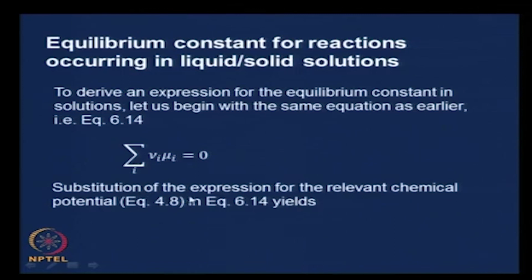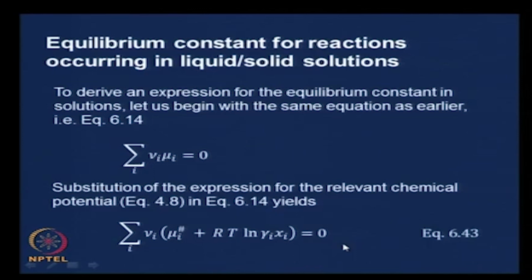If we substitute the expression for the relevant chemical potential, this is for liquid or solid solution, therefore you know that it is going to be mu i equals mu i hash plus RT ln gamma i x i. That is how we characterize the liquid and solid solutions. If we do that, the sum over i of nu i, replacing mu i with mu i hash plus RT ln gamma i x i, equals 0. Let us call this equation 643,